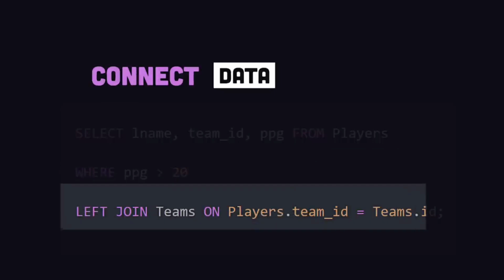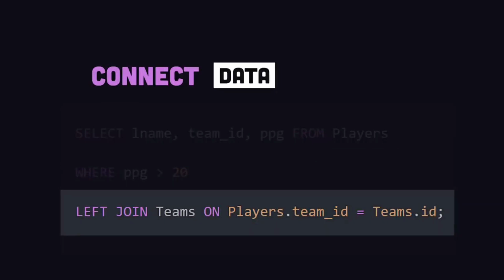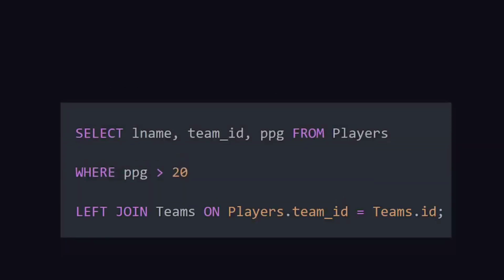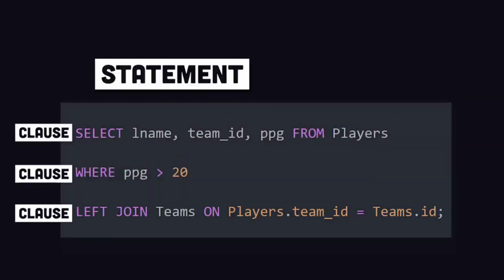It's like looping over every row in the table and only returning rows in the query where the predicate evaluates to true. Then, we might use the join keyword to connect data from an entirely different table by matching the primary key on this table to the foreign key on another table. What we've created is a collection of clauses that make up a full SQL statement. We can now go and execute this